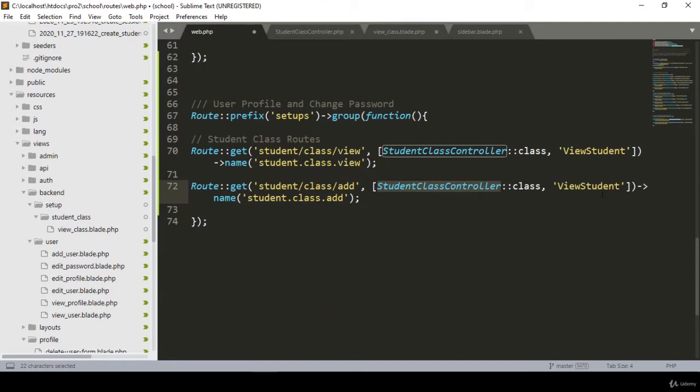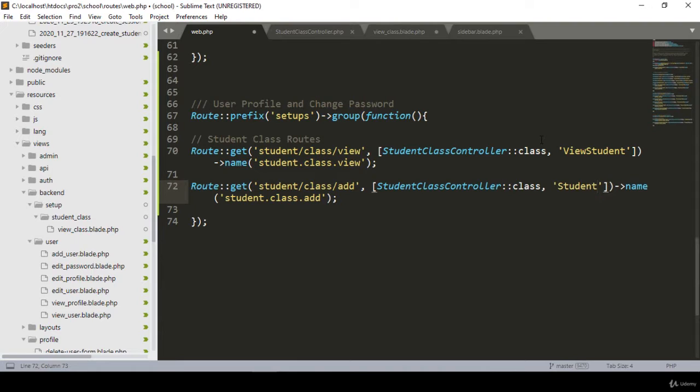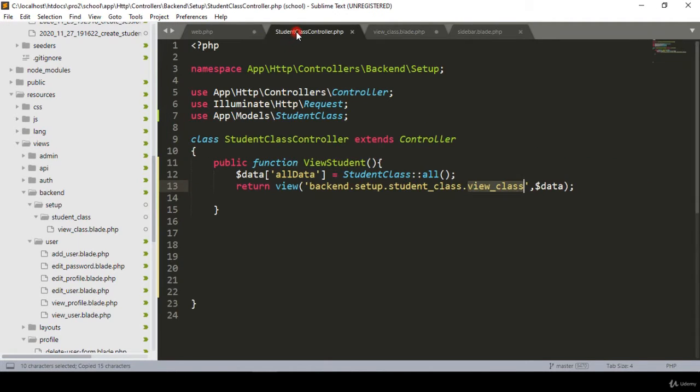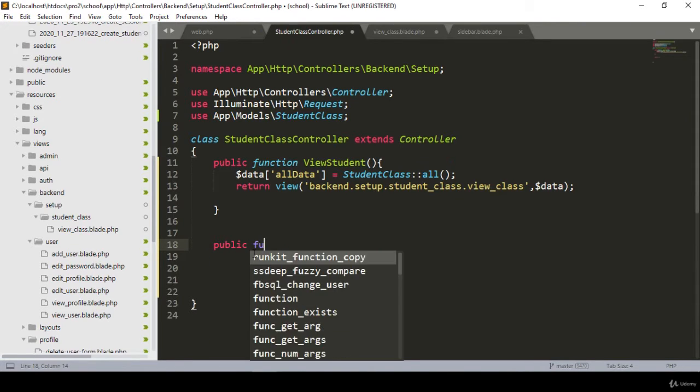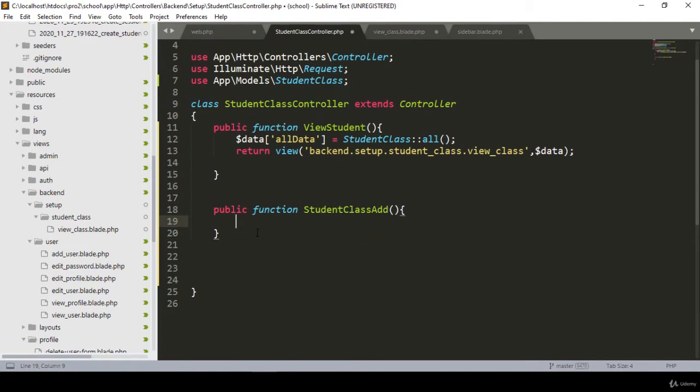Into the student class controller I want to create one method, and I just name that method as student class add. This type of method I want to create in our student class controller. So now go to our student class controller. Here I want to create a new one as a public function. So our method will be this one, right? That is student class add. Here we only have to return one view page. So the return